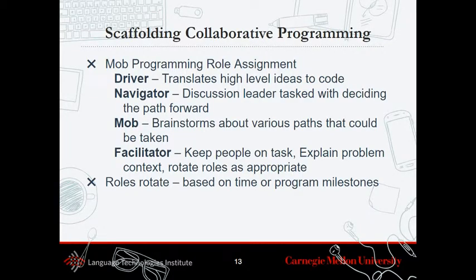In our study, all of the teams were scaffolded in their processes using what we call mob programming, an emerging paradigm for software development coming from industry. And there are 4 roles that are associated with mob programming. The driver, who is the only person who gets to actually directly add software to an interactive development environment. A navigator, who is kind of directing the work, and people who are playing what's called the mob role, where they get to weigh in and challenge.